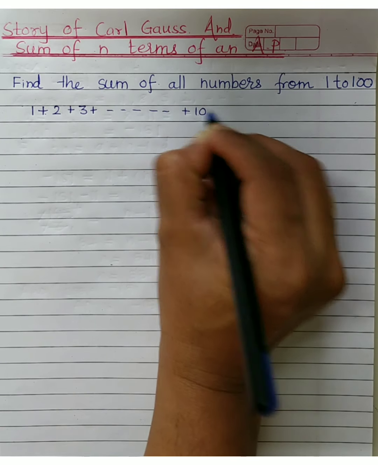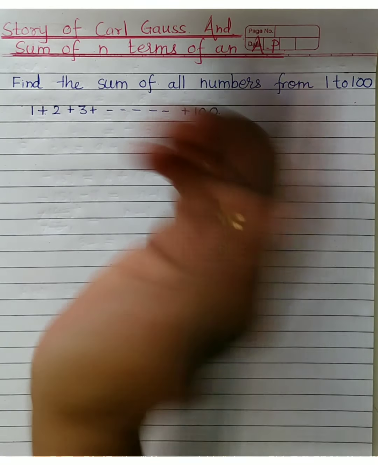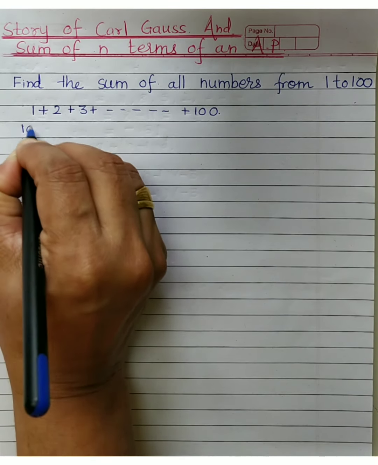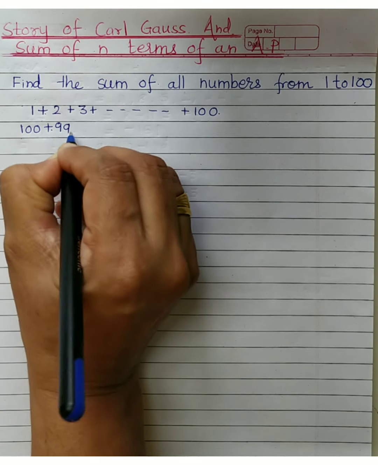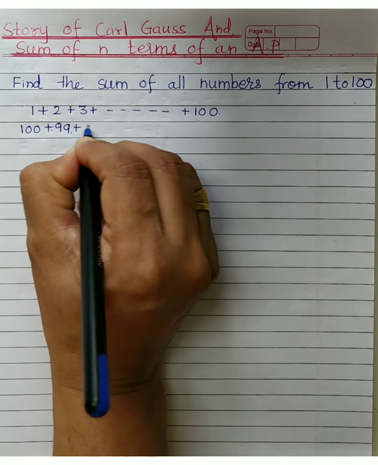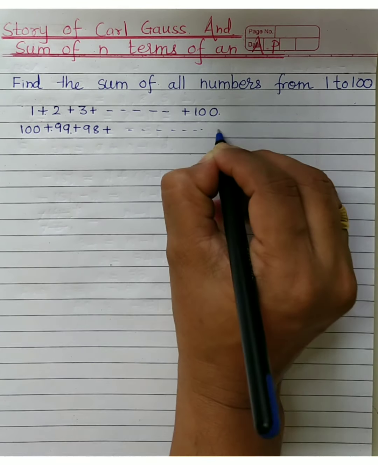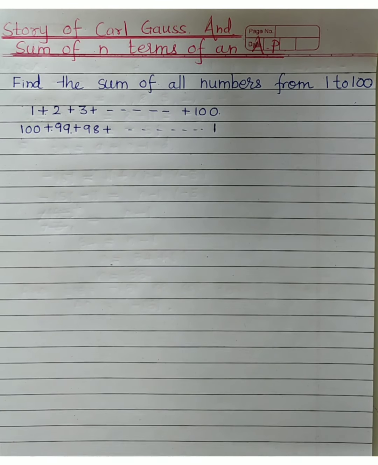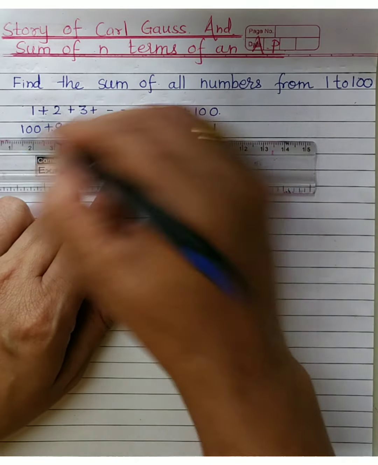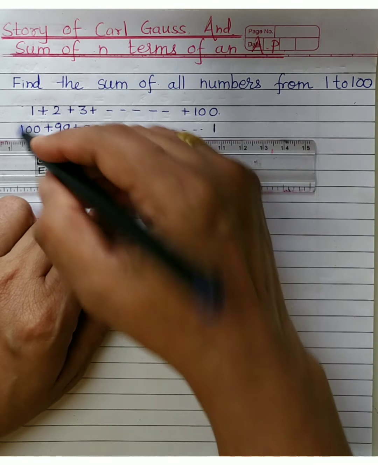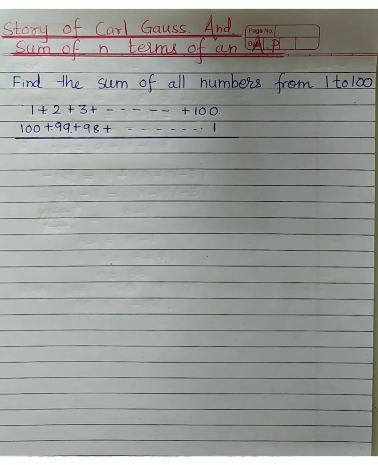Okay. Now Gauss wrote the numbers like this, and one more time he wrote the same numbers. 100, what will be in decreasing order now? 99, 98. So what is the number here? Last number will be 1. And just see, when he has added all these things, what will happen? You also think what will be the answer. When he adds up,